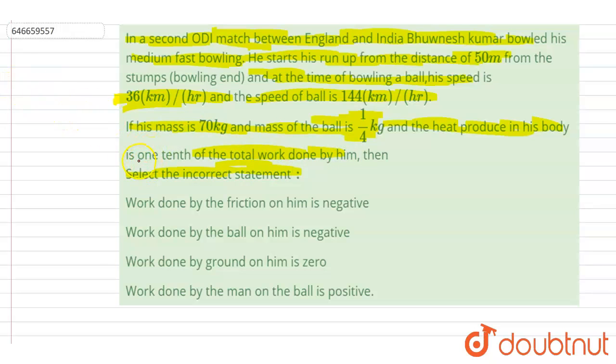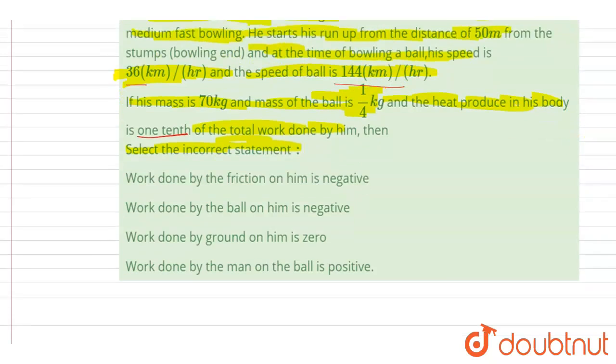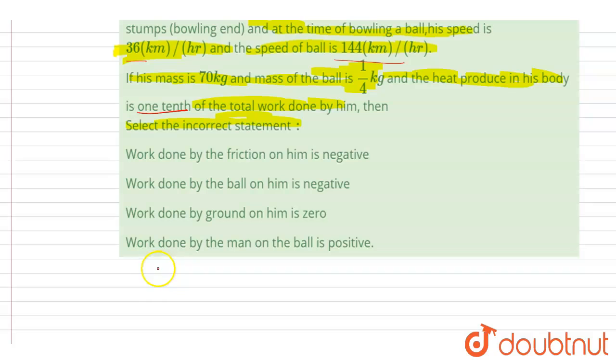So if you see, heat is produced here. That is 1/10 of the total work done by him. Right? So if you see, it is given here that at the time of bowling his speed was this 36 km per hour and the speed of the ball was this. So you can convert this into the meter per second. So we'll write down speed of the man as v1. It is this much meter per second